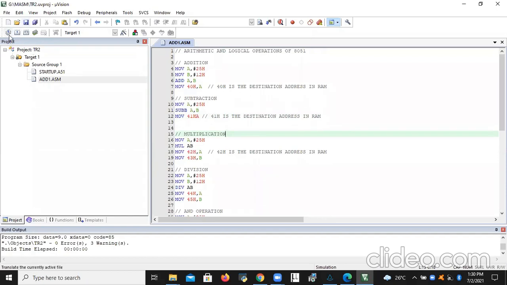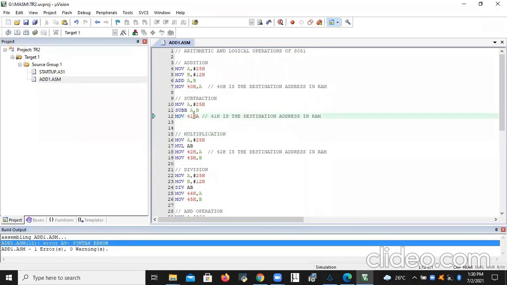Save, translate. One error we got, line number 12. Yes. Right. So like that you need to check the error sometimes. You can use the double click such a way that that line will be displayed.